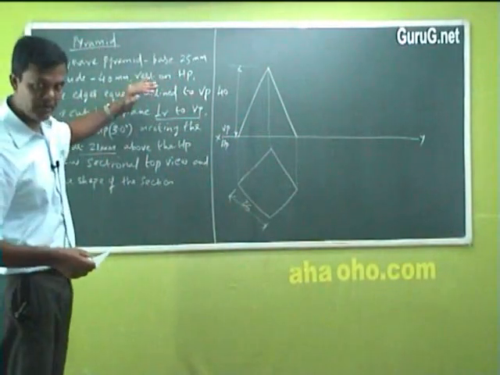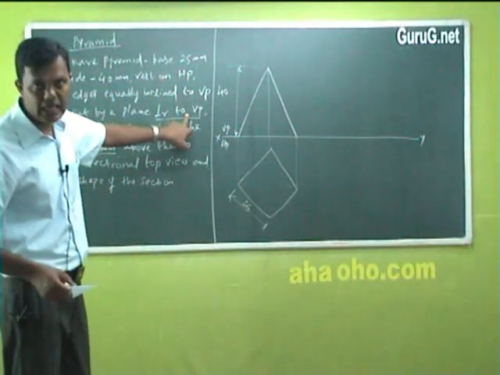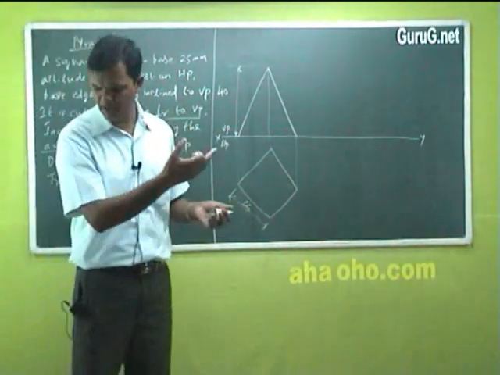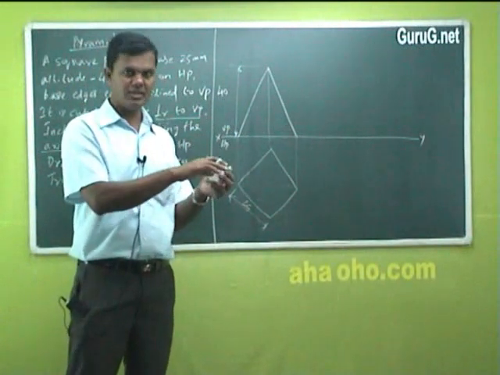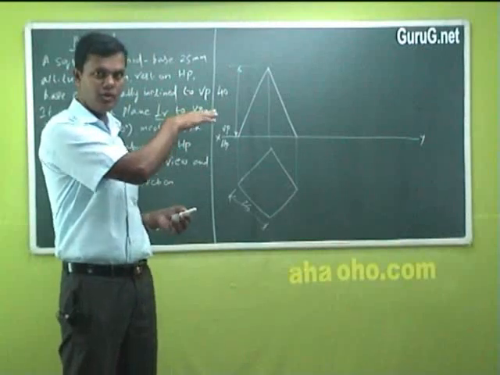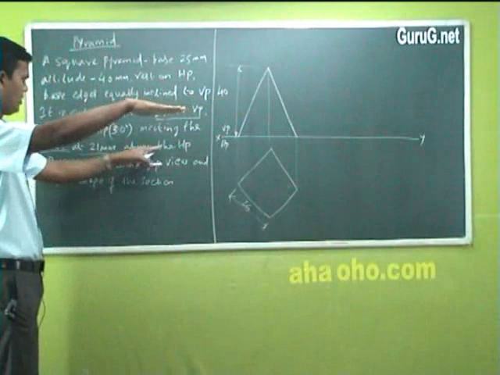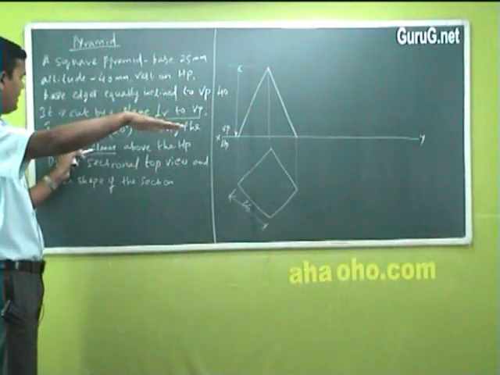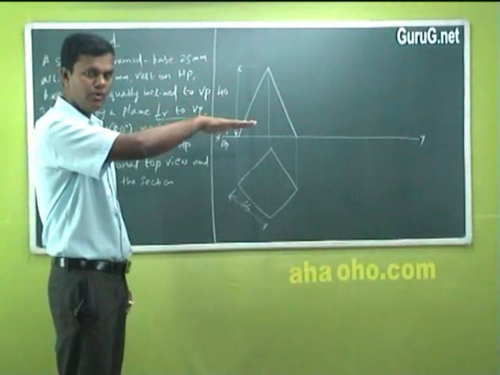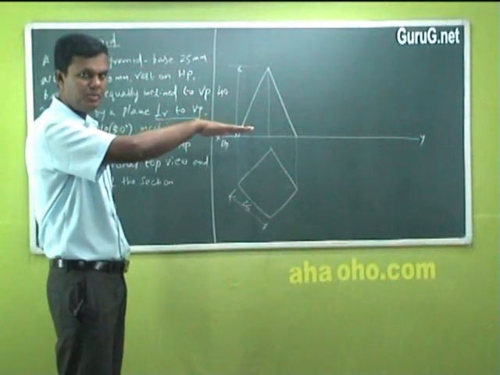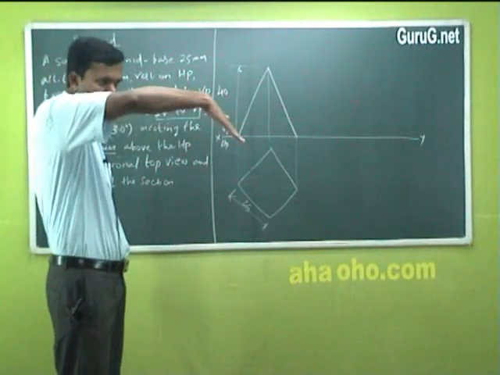You go for the section plane. Now it is cut by a plane perpendicular to VP. You should hold a plane, maybe even a paper or notebook also. You think, right? That plane is perpendicular to VP. This is VP. You hold it perpendicular, not parallel like this. Perpendicular to VP and inclined 30 degree to HP. How to make it inclined 30 degree to HP? I told you, any inclination to HP will be drawn on VP and vice versa. So you hold it perpendicular and make it inclined 30 degree.